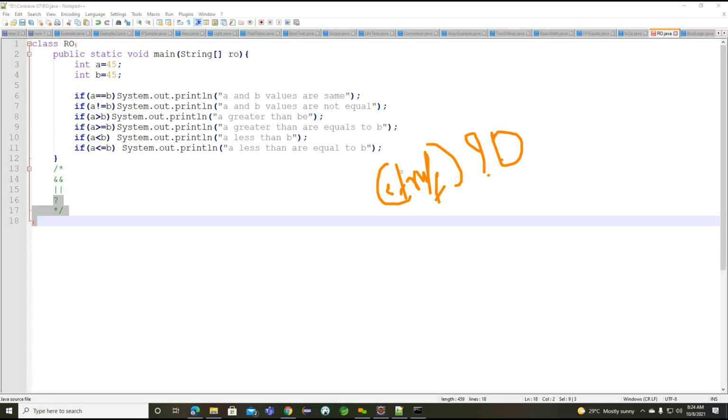Whatever value is after the question mark is executed when the expression returns true. If the expression returns false, the value after the colon is executed. So this is how we need to understand the ternary operator.